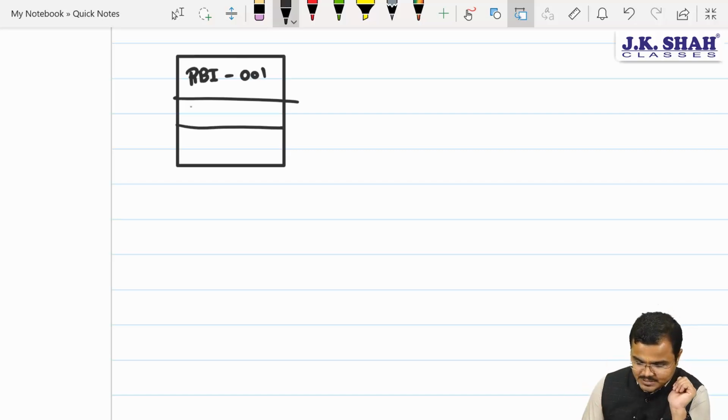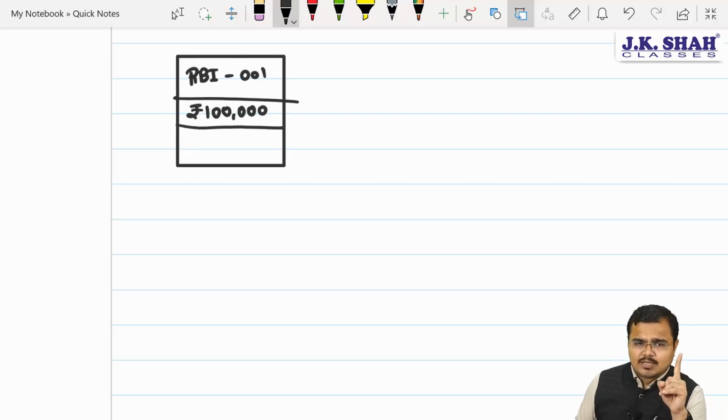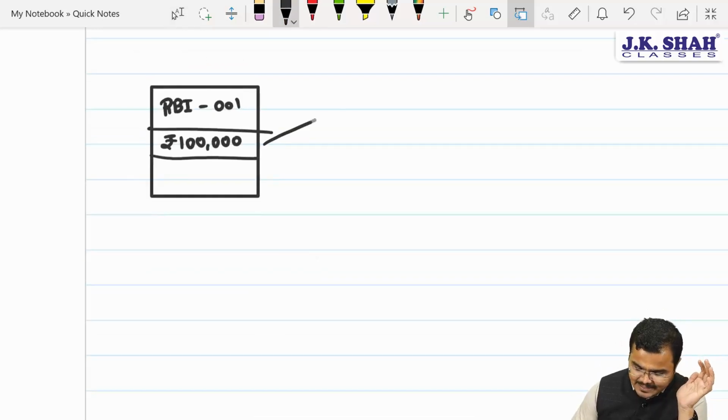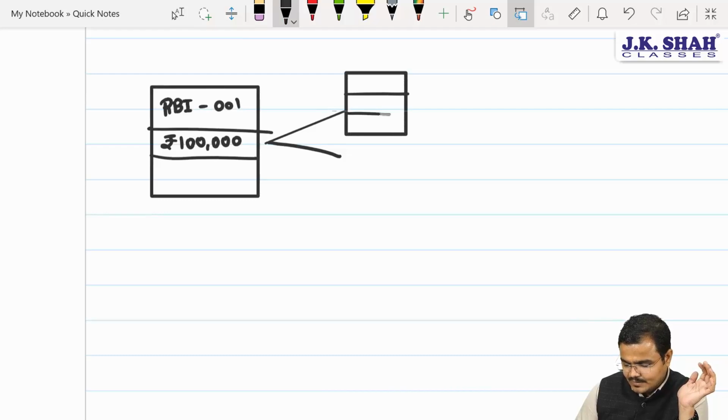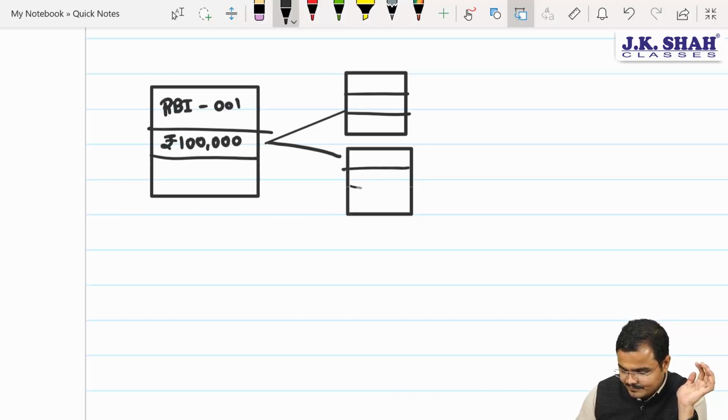Okay, sir. How much created? Sir, 1 lakh rupees created. Okay. That's it. This is the first block, chartered. When the first block is created, it contains 2 details, originator and amount. Agree? Yes, sir. Now people, suppose the RBI has given this money to 2 government employees. When the salary is paid to 2 government employees, 2 blocks will be created.